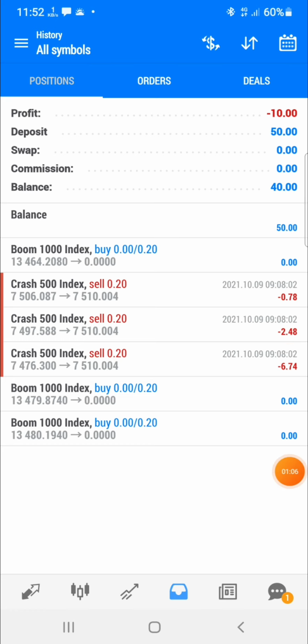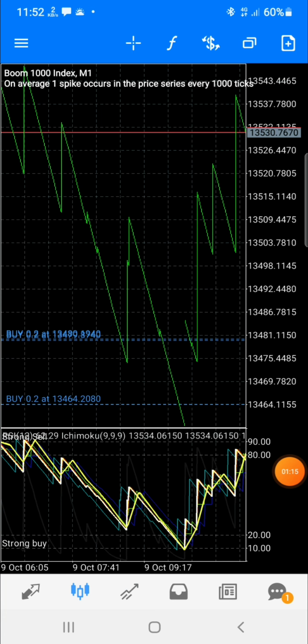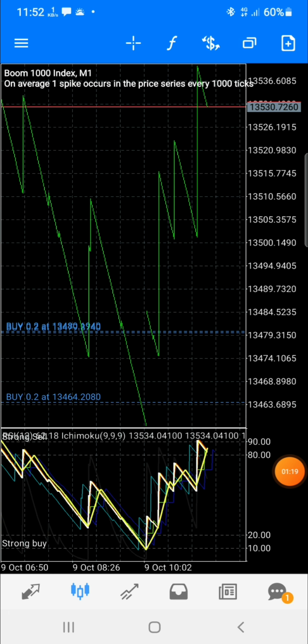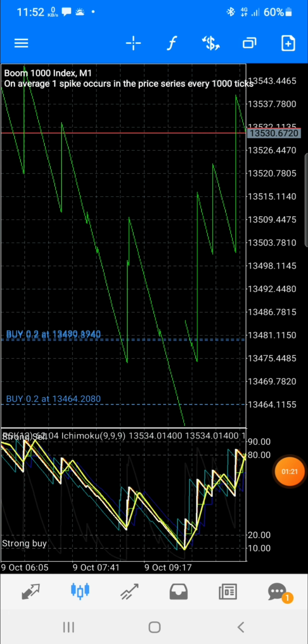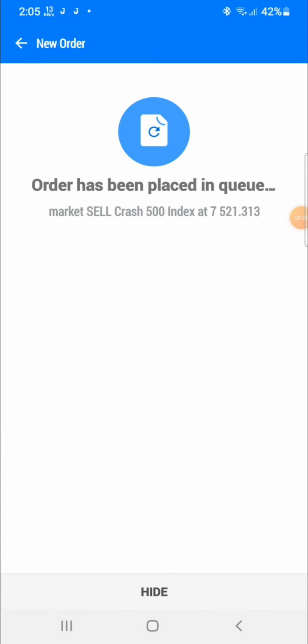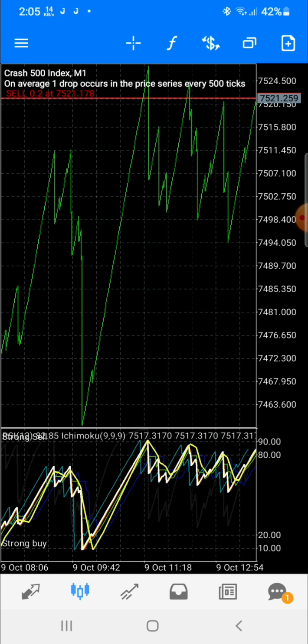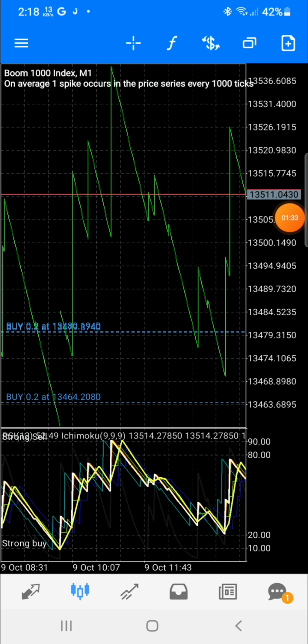But most of the time, just make sure you've checked the trend. Don't trade against the spike. Go on your 1 minute time frame and implement the strategy, right? So if you've done it, most of the time the market is going to spike from the 10-20 level to the 80-90 level over there on your Ichimoku chart.